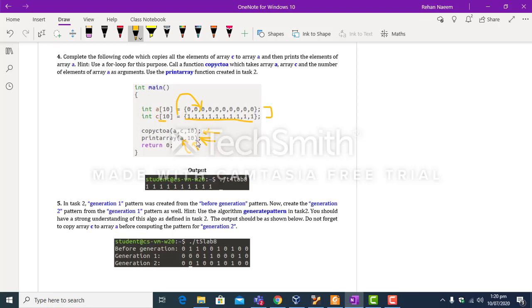Since all the elements of C have been transferred to array A, the output will display 1 10 times.